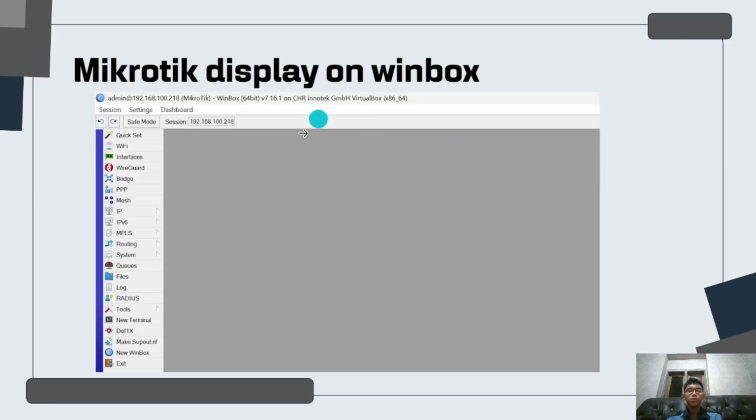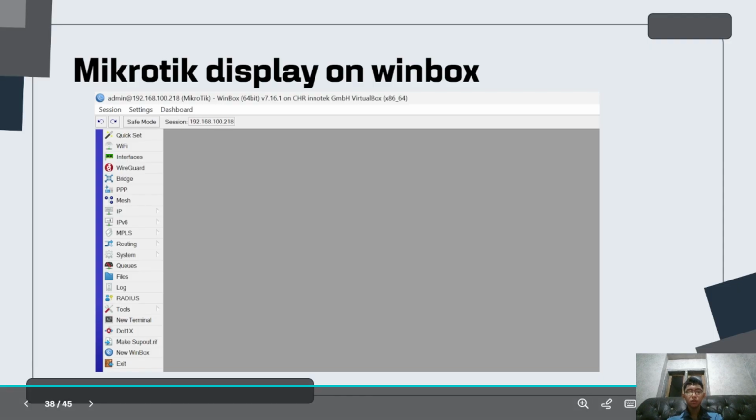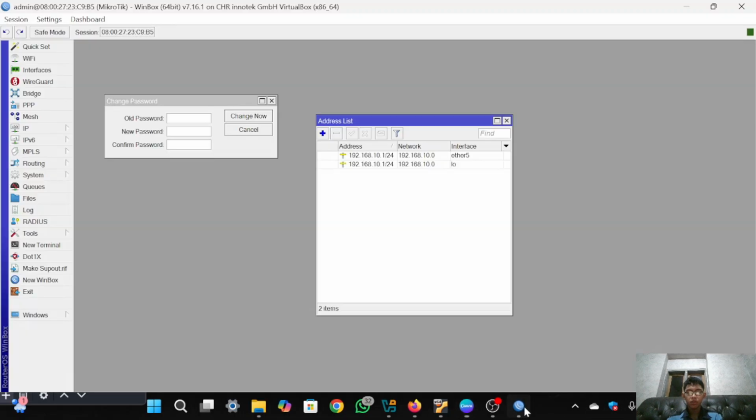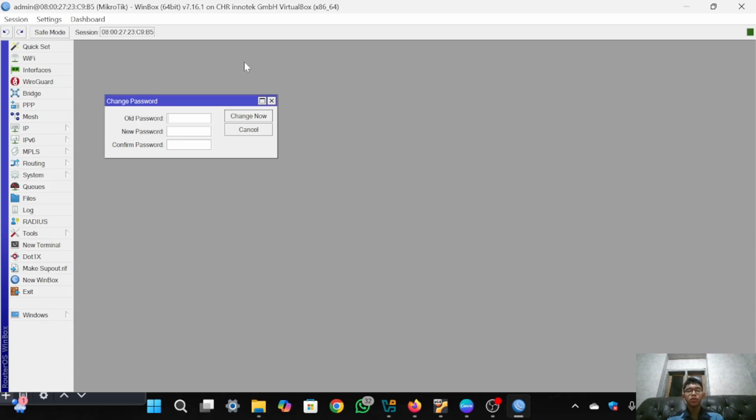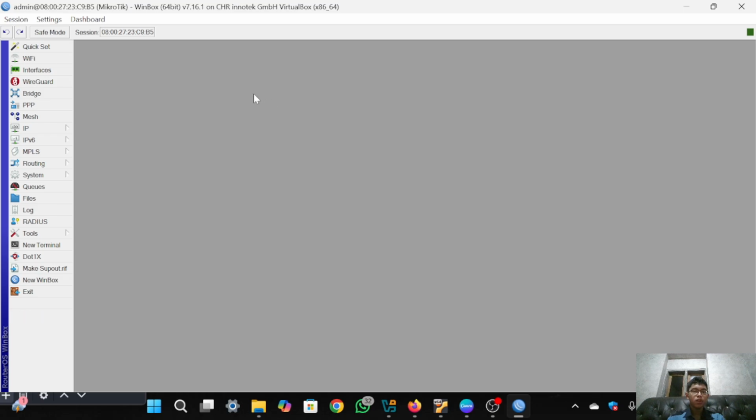Then I will explain about the MikroTik menu on the Winbox. In the Winbox there are so many menus. I will explain some menus in the Winbox.